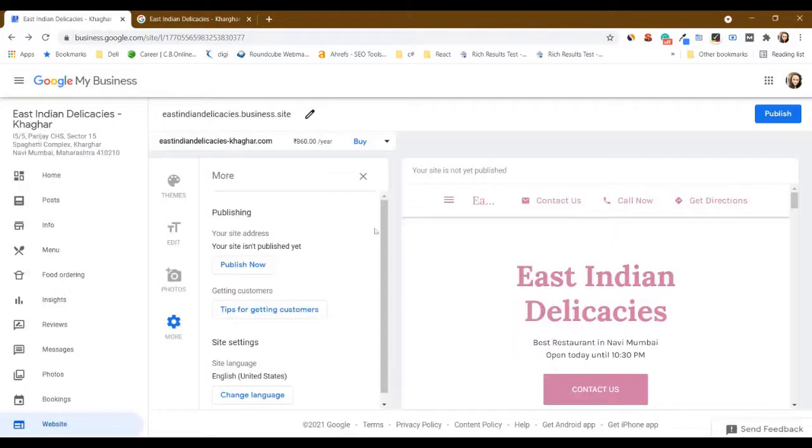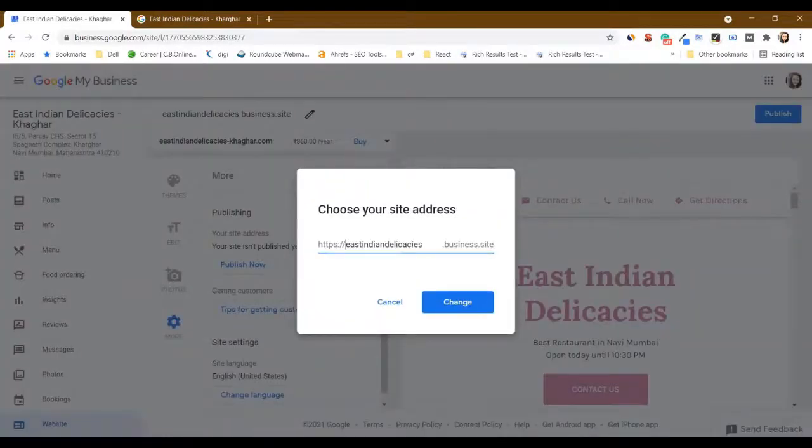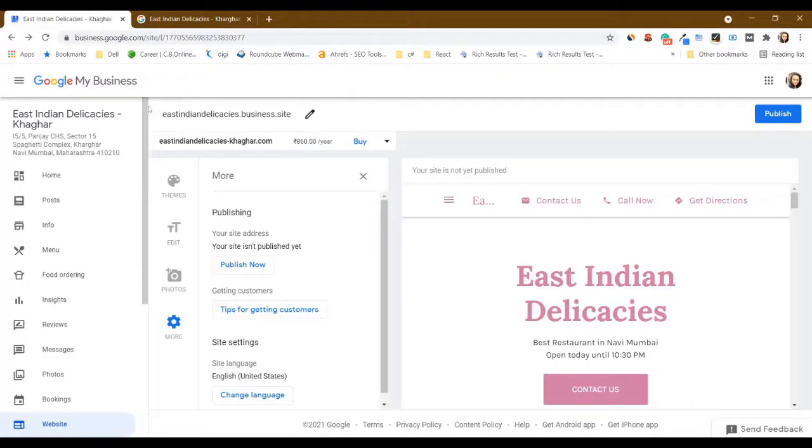So this is the domain of your free website. Okay, so what you can do is you can copy this and keep it somewhere stored. So this is your business domain name. You can even buy your business domain name from Google, as I mentioned, or you can buy from any other website and add it over here. So that is totally fine.